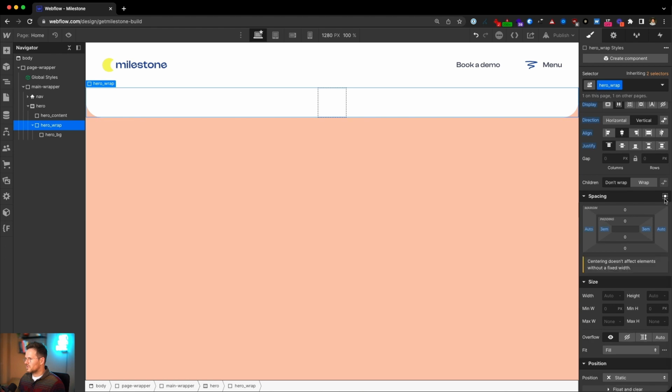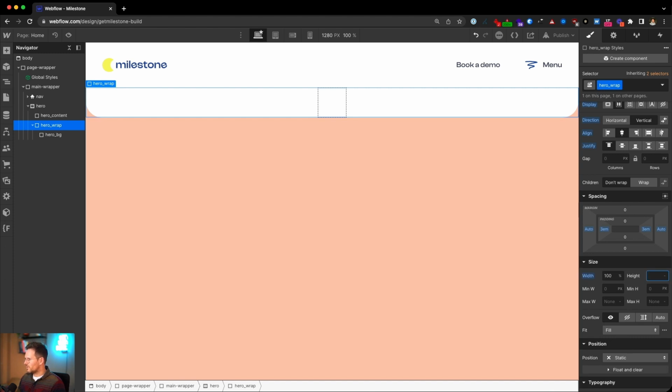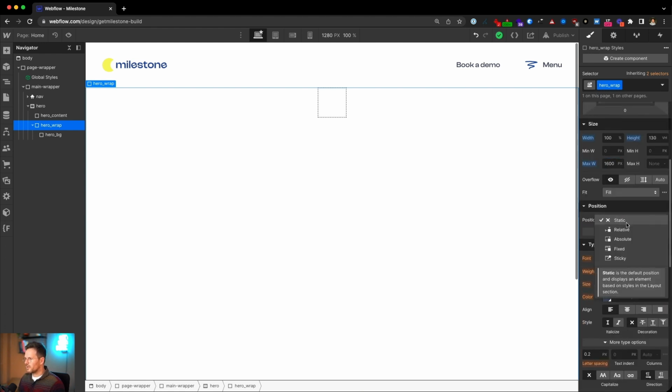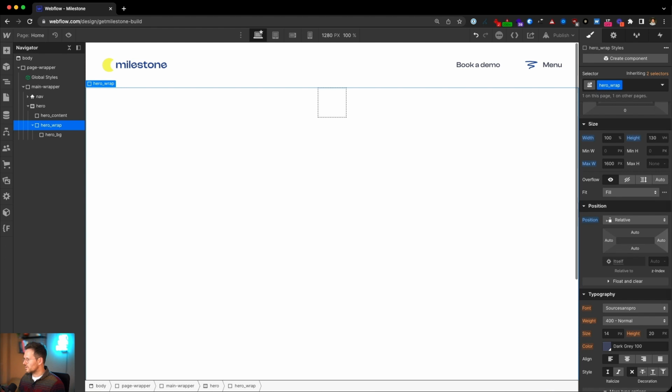We can give it auto margin to center it on the page, and we'll give it a width of 100% and a height of 130 viewport height, but also a max width of 1600 pixels, so it matches the maximum width of our container. Furthermore, it will have position relative, and that's it for that class.